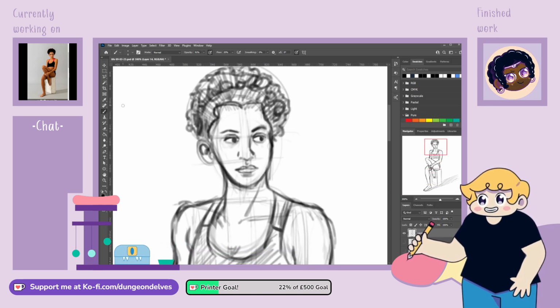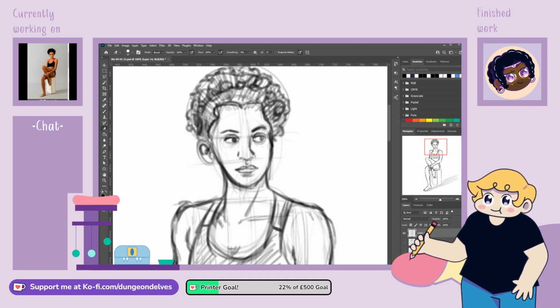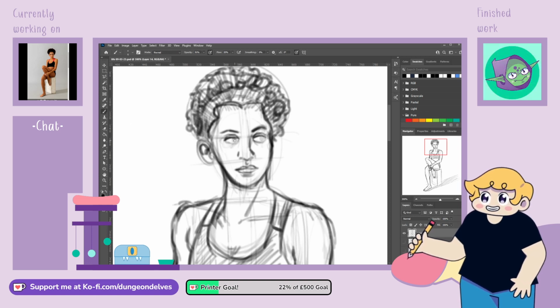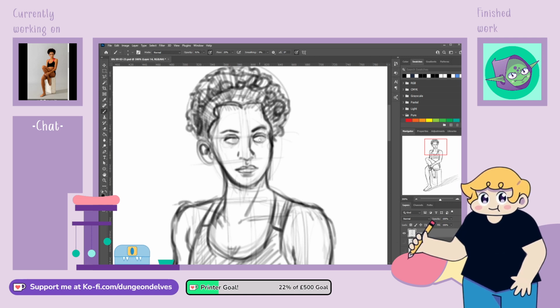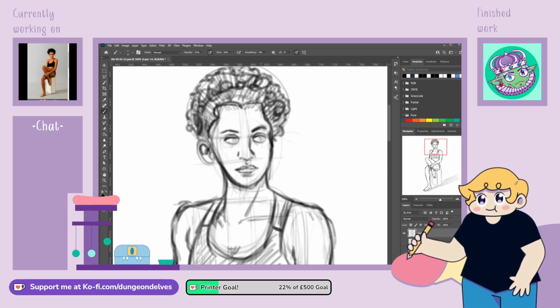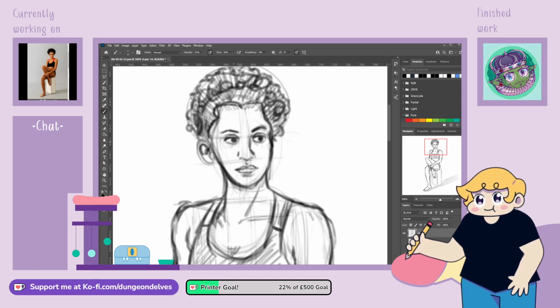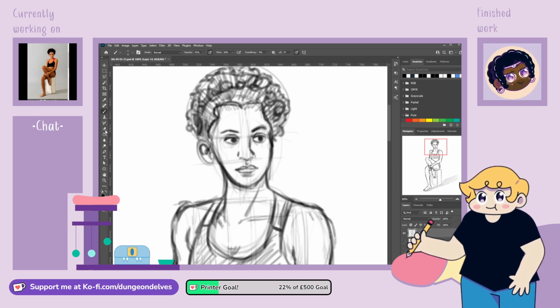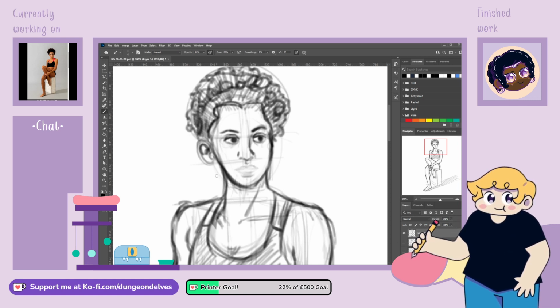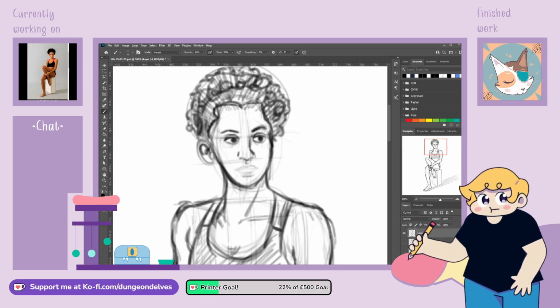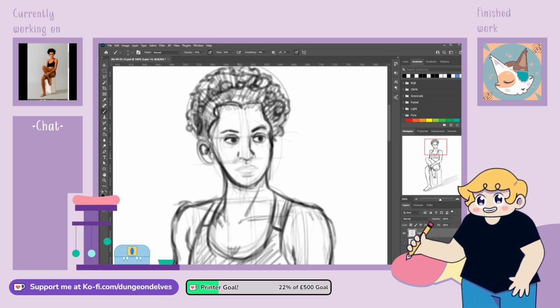I think she's looking a bit too far over. Let's get rid of that. These can be redrawn. I have the time, so I'm going back with all of these extra bits on the face and having a bit of a fix.